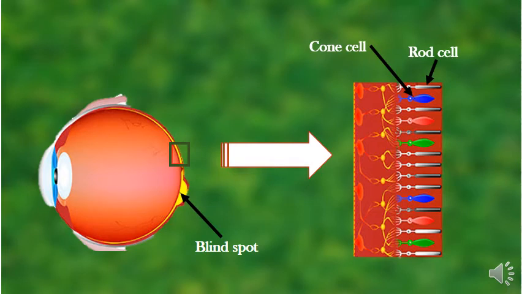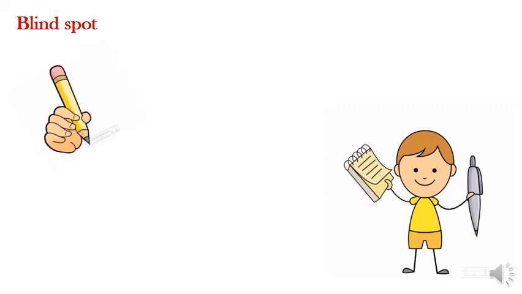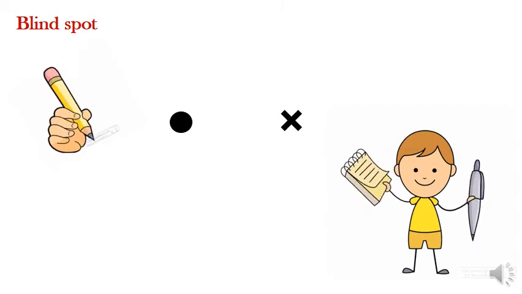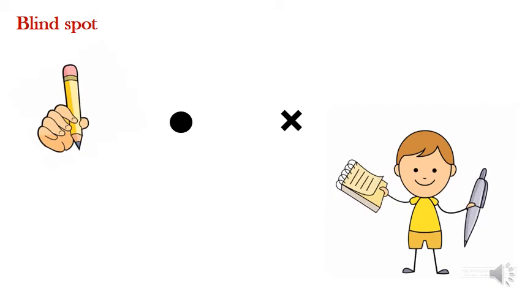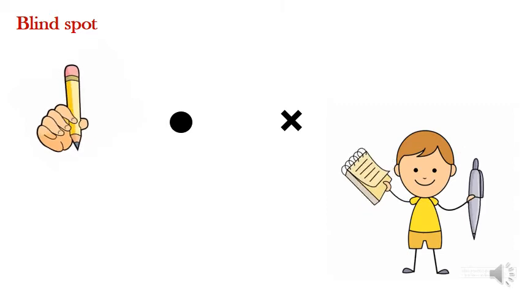The minimum distance basically at which I can see objects distinctly varies with the eye and with age. The most comfortable distance at this age is 25 centimeter. Now let us do some activity to understand blind spot. Okay, for that we will need paper and pen or pencil. Okay, make a round mark and a cross on a sheet of paper with the spot to the right of the cross. Okay, the distance between two marks may be 6 to 8 centimeter, that can vary.